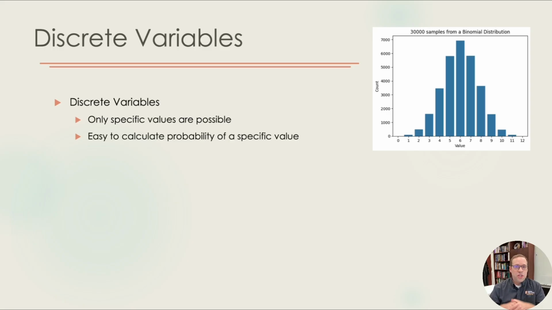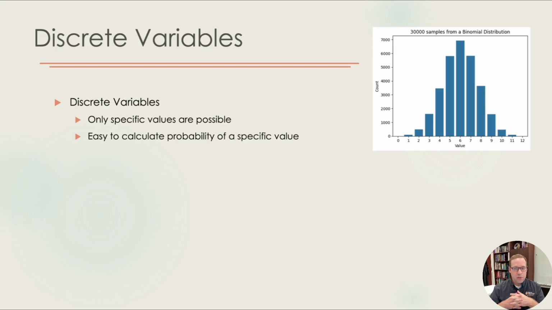With discrete variables, only specific values are possible. So, for example, in this graph, I have a binomial distribution where you can get values between 1 and 11. Possibly 0 and 12, but those probabilities in this particular graph are so small we can't even see. So essentially, you can only have values 1 through 11, but the point is whole number values. We're not talking about